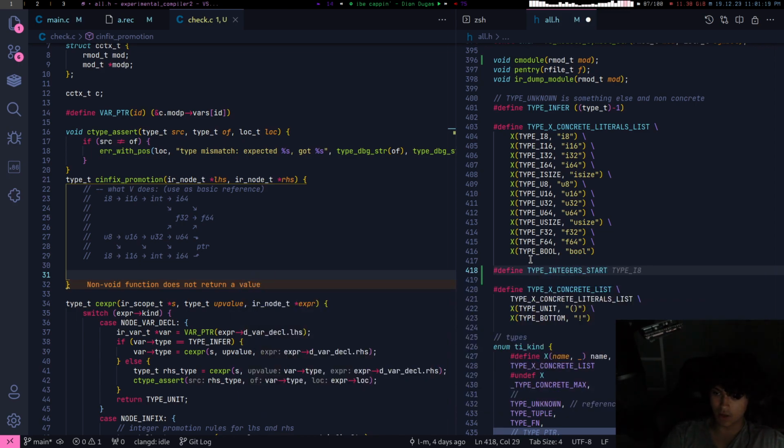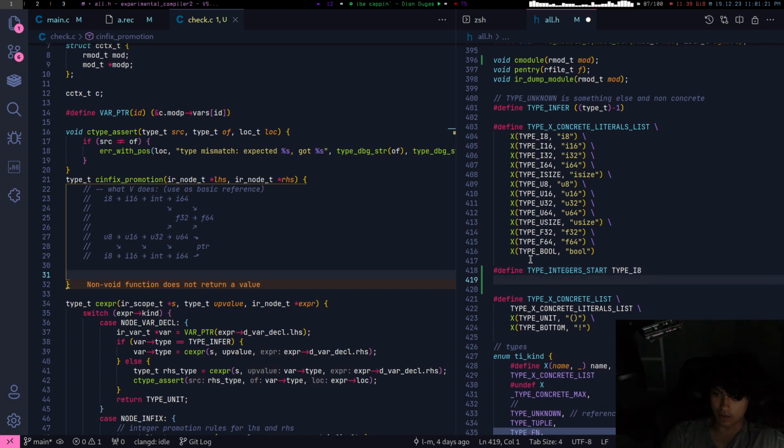Type integer start, and then its end. Let's call it type. Yeah, type.